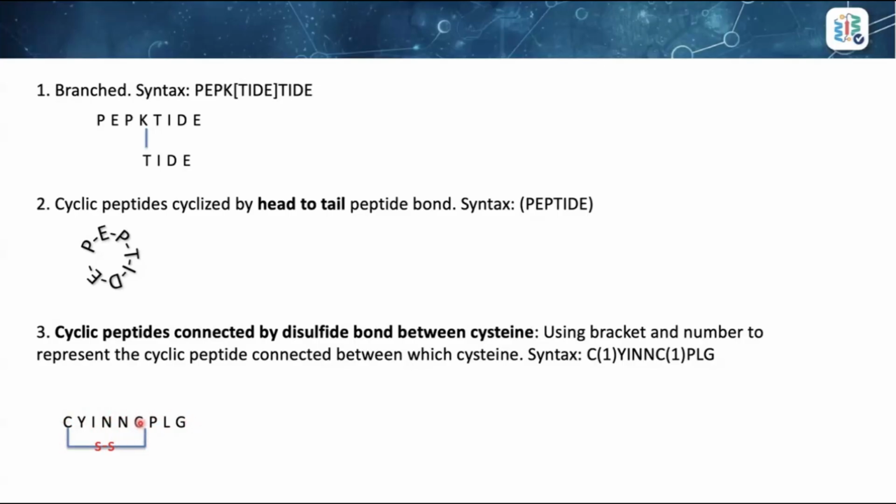Those two cysteines connect by a disulfide bond. So you just need to write the number 1 in this bracket, and for the other cysteine, you write the same bracket with